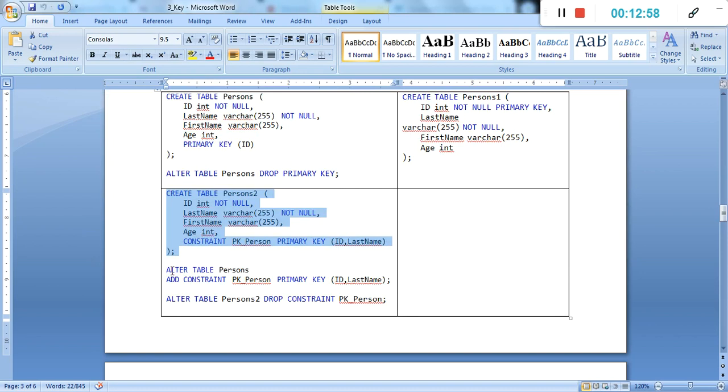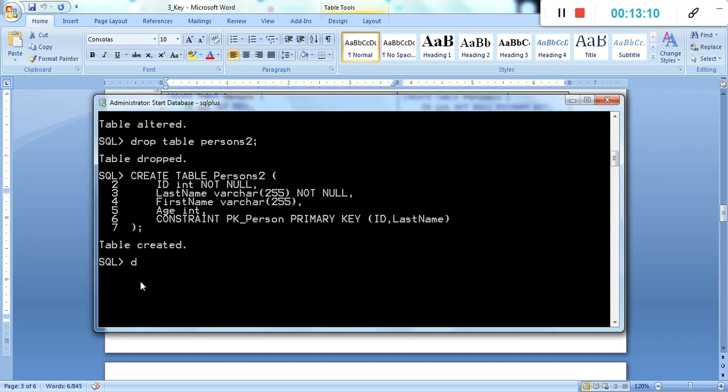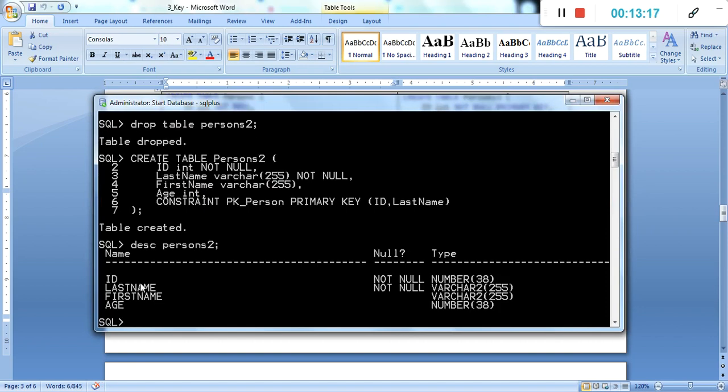Paste, table is created now. It's already a primary key: ID and last name is a primary key under this table. Now we'll drop this key. We'll describe persons 2. Now it's showing the not null detail, which indicates a primary key.